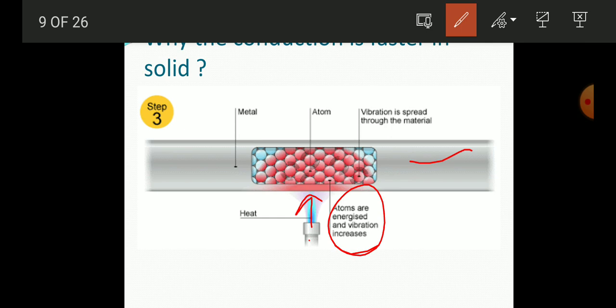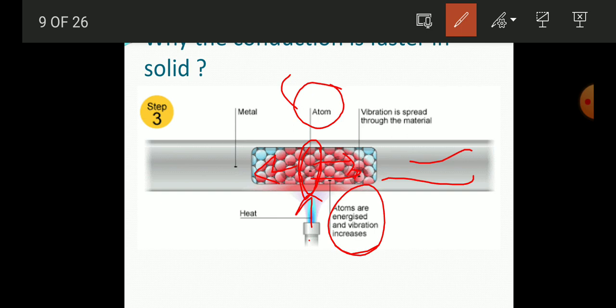You can see there are somewhat spherical structures. These are known as atoms. These are the smallest particles that exist. And when these atoms get heat, they start vibrating and transferring their heat here and there, to the next atom, and in that case the whole rod gets heated. So this is the transfer in which conduction takes place.